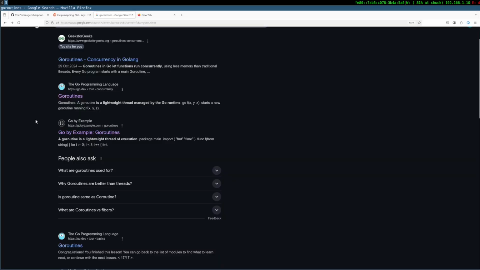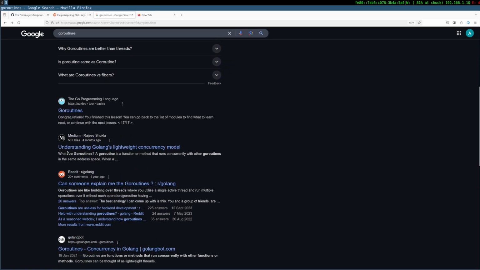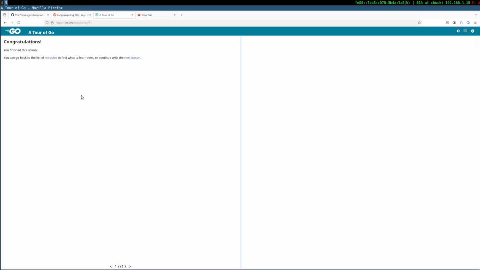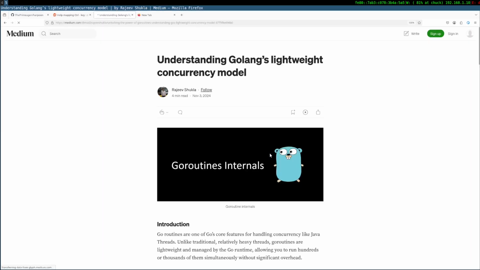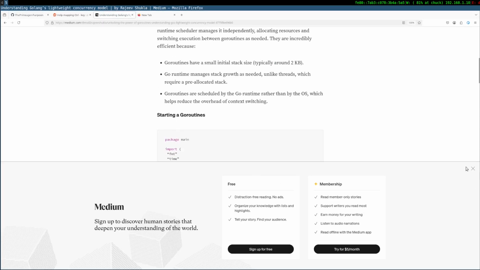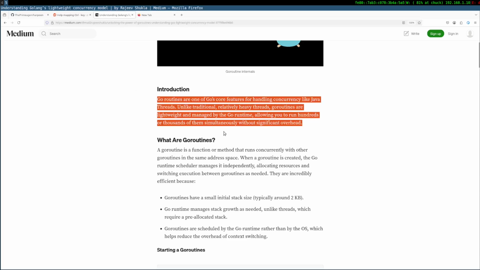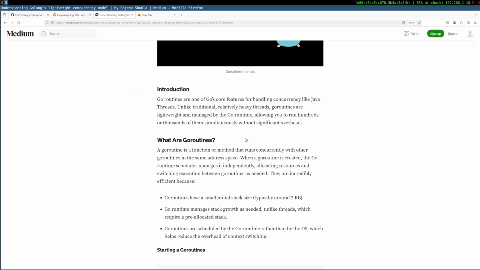Goroutines. Let's just use the lightweight concurrency model. You just give me the lesson. Understanding goroutines: lightweight. Goroutines are one of Go's core features for handling concurrency, like Java threads. Unlike traditional heavy threads, goroutines are lightweight and managed by the Go runtime, allowing you to run hundreds or thousands of them simultaneously without significant overhead.